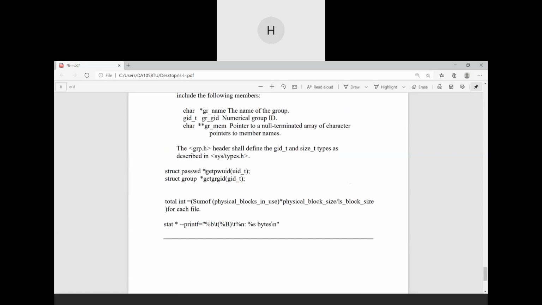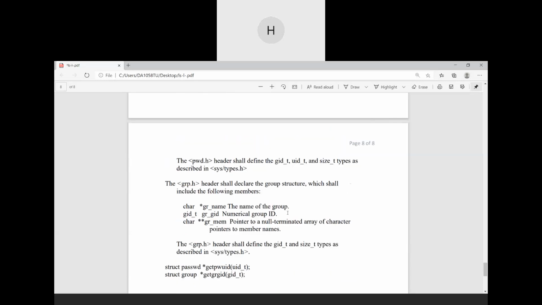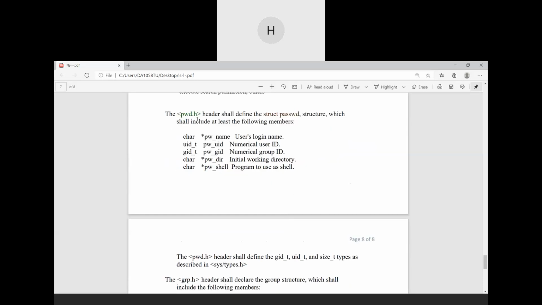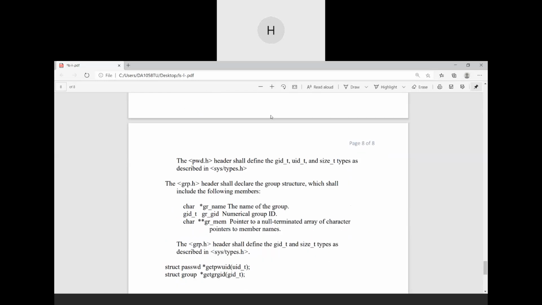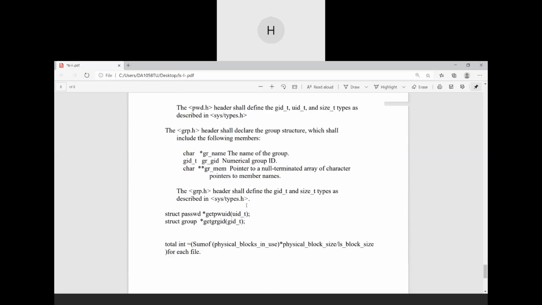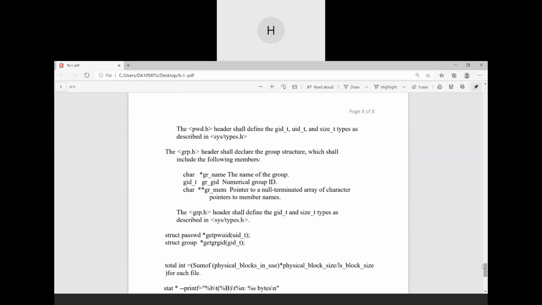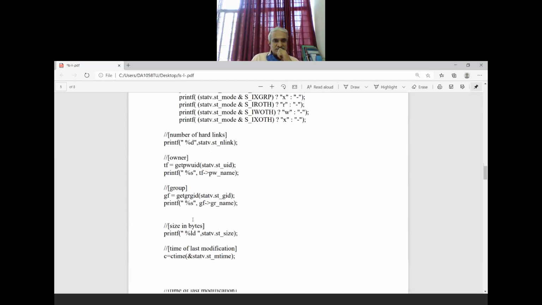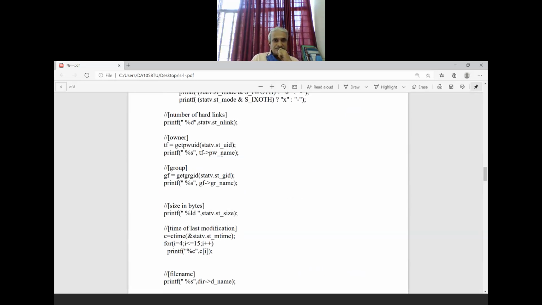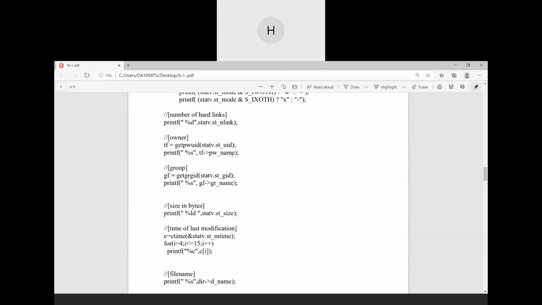We are going to use this function, which is defined in pwd.h for the user ID and the username, and for the group ID and the group name it is defined in the grp.h header file. And these fields, pw_name and gr_name, are also defined in the respective structures.